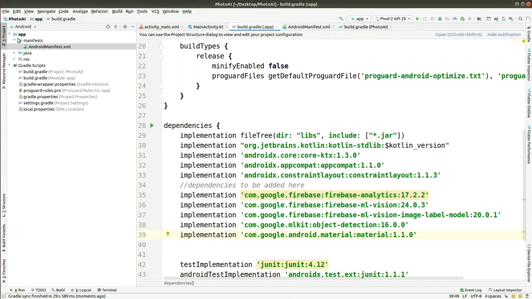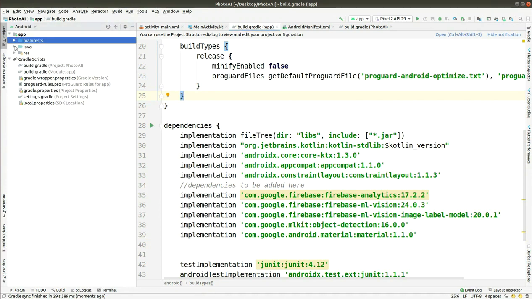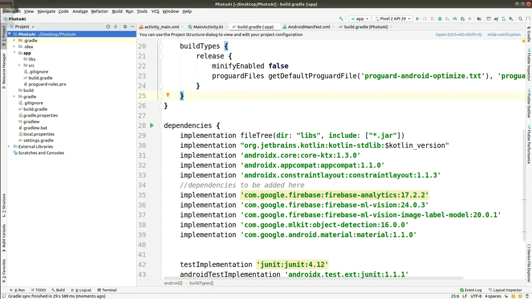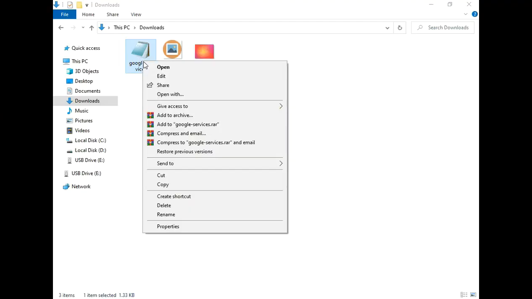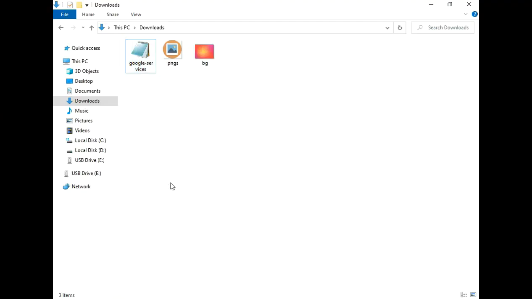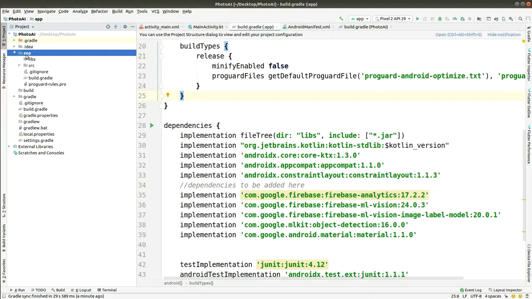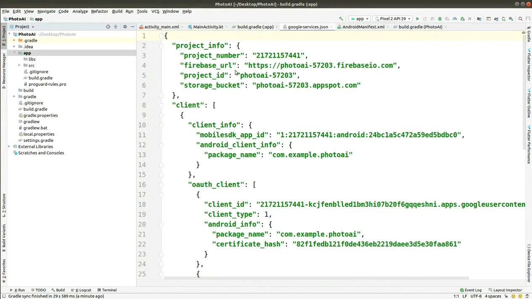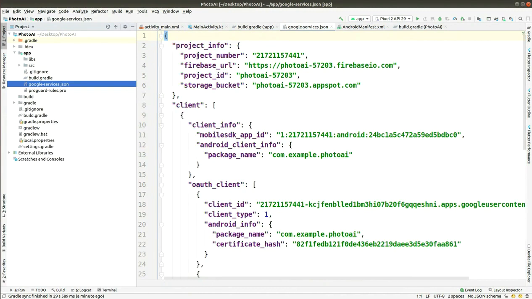And after that, you will have to paste that Google JSON file that we have downloaded. But for that, you have to go to the project based thing and then come to this app folder, and within this you have to paste that google-services.json that we have downloaded from the Firebase. So I copied it, google-services, and I just paste it within the app, and it is pasted successfully. After that,